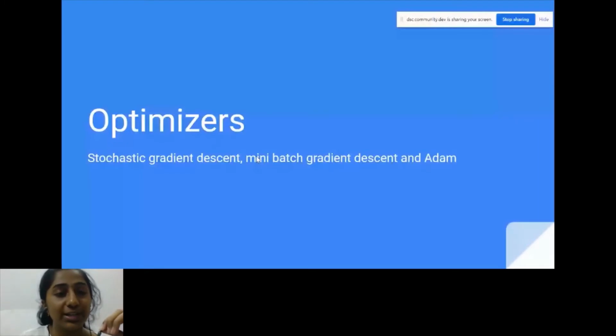Now you have to know that there are many different kinds of optimizers, each one better than the other. But depending on the situation or the data, you have to choose your optimizer carefully. One thing is that Adam is, you can say, a favorite optimizer for anyone, and it'll probably be yours once you start coding too. So many people like to use this, but let's get on to a few different types of optimizers.